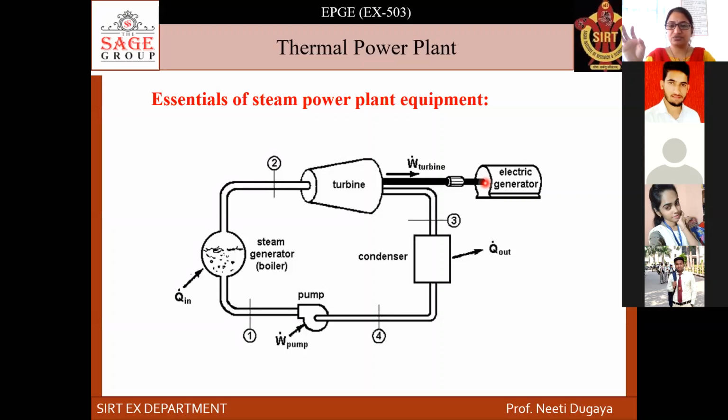This you are going to study. You have already studied it in electrical machines, and in the current semester you are also going to study this. So the electricity is generated. What happens after this? The steam then goes to the condenser. What happens here? The steam condenses and is converted again to water, and this water is fed to a reservoir here, and after pumping, it is fed again to the boiler. So this is a closed cycle.